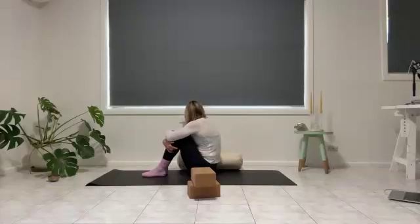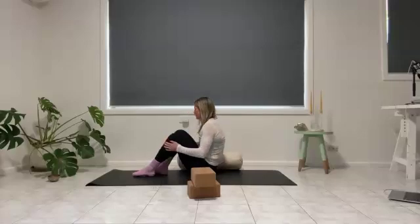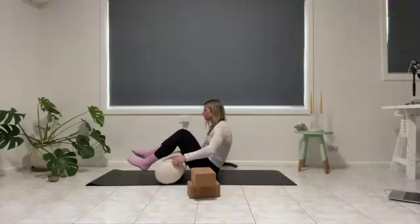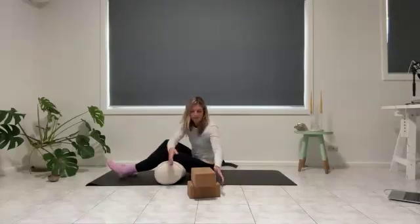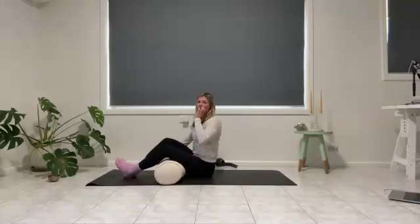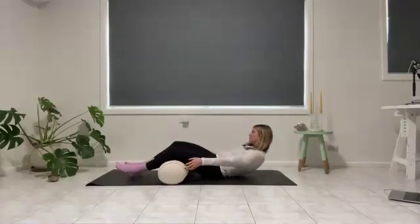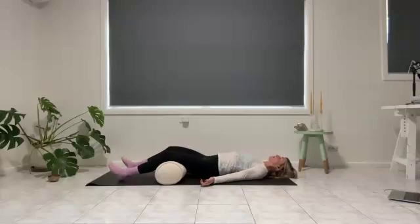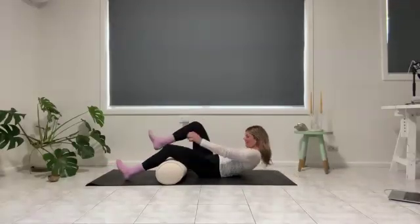And then when you're ready, we'll get set up for final rest of Shavasana. So we use the bolster underneath your knees. That's probably what I recommend. If you have a cushion there, using that, a blanket to cover the body, something to cover your eyes, if you have that. And then coming down to rest, right, in Shavasana. It's so important to set up your Shavasana with all the things and making sure that you're supremely comfortable laying on the floor before we